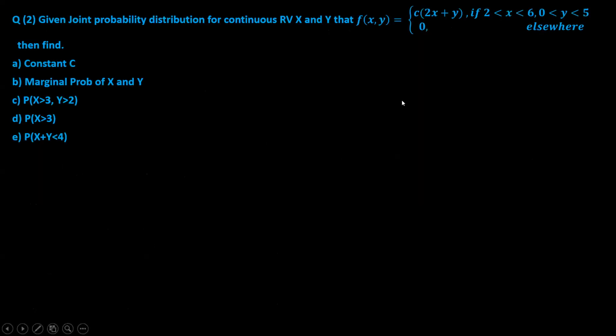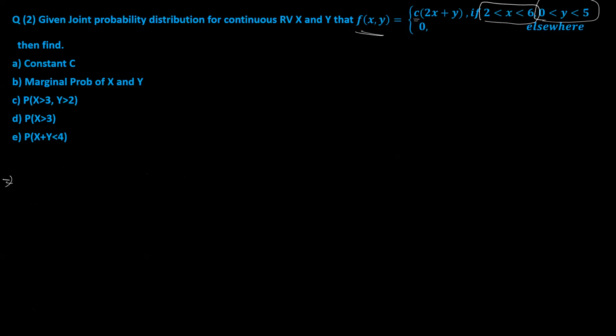So that's all. This is one extra problem I have given, similar to the previous one. You try this yourself. So the marginal probability and the joint probability distribution they have already given. The range of x is also given. So you don't need to check the condition whether it is a valid PDF or not. It is valid. You just have to find the value of C. So I will just find the value of C and I will leave the rest to you.